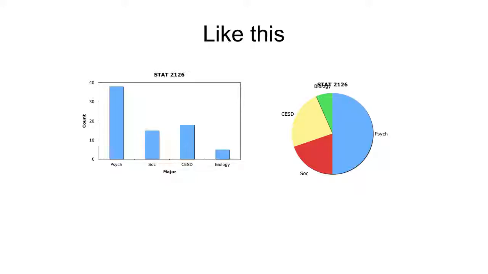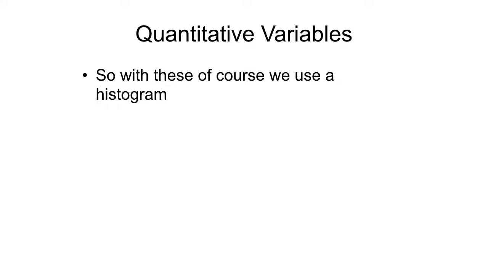So that's useful. I don't know that it's. This is again stuff you know how to do. So with quantitative things, again, as noted, we use a histogram. It's a bit different. One of the nice things here with quantitative variables, you can see a central tendency. It's kind of hard to do that with categorical variables. We could see that the most common major there was psychology, but it's not the average really, right? Whereas with quantitative variables, which I prefer,